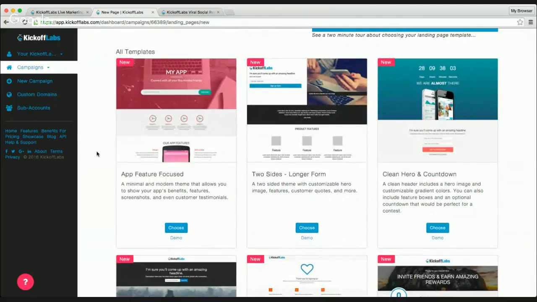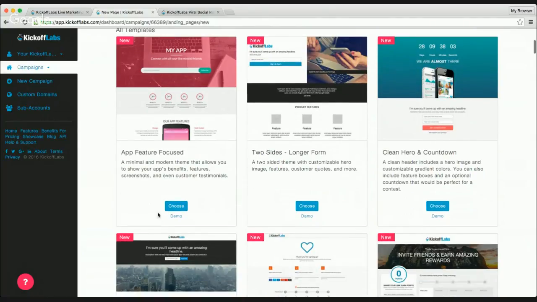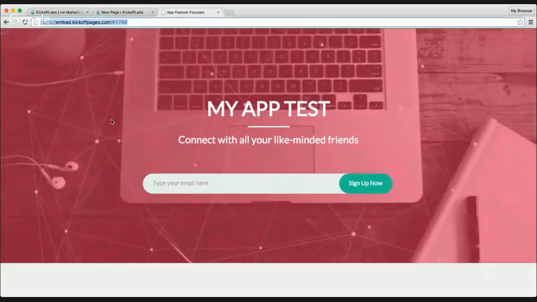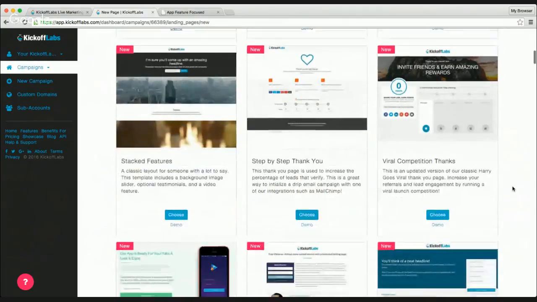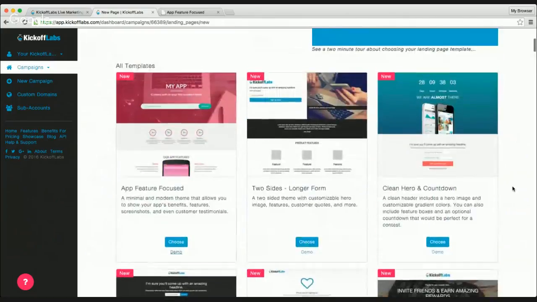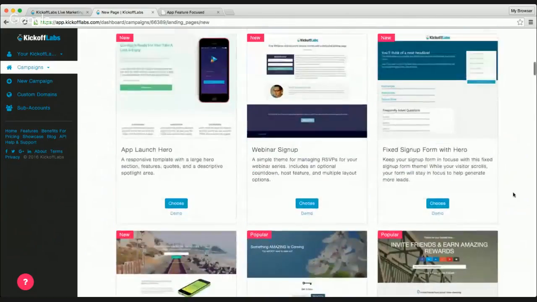So choosing your landing page could not be any simpler. There's a large collection of landing page templates to choose from. You could click the demo button at any time, and this will open a preview of the actual theme. So it's pretty easy to actually find the best template for your business. Like I said, if you're not crazy about any of these templates, you can still use our any form tool to transform just about any template into a viral one. So I'm going to use one of my new favorite ones. Here we go.